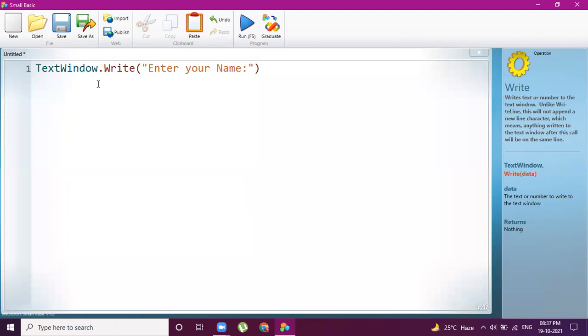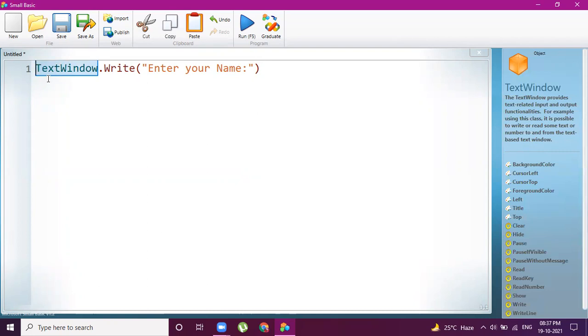In this statement, TextWindow, this code helps to display the information mentioned in the brackets. So let's run this code and see the output. To run the code, we need to press the run command, or we can press the F5 key on the keyboard. Click on run to see the output of this code.